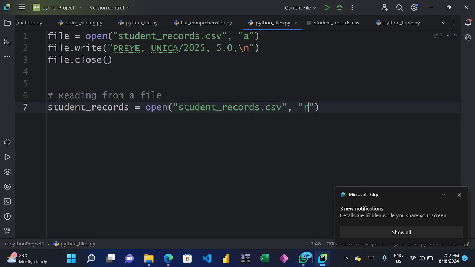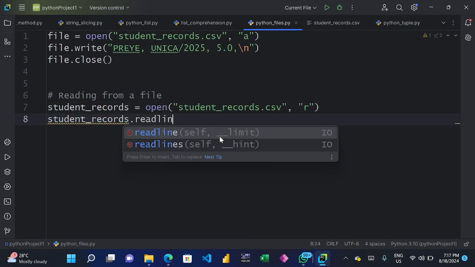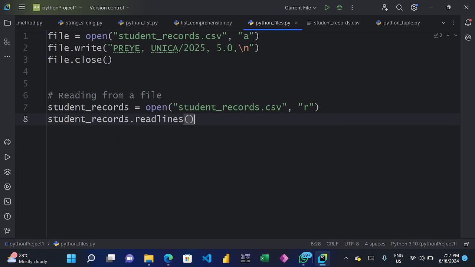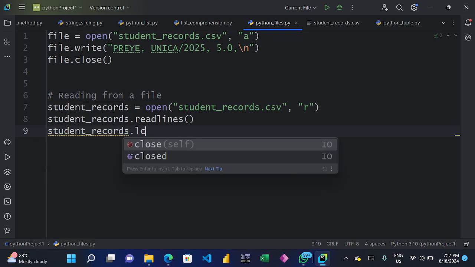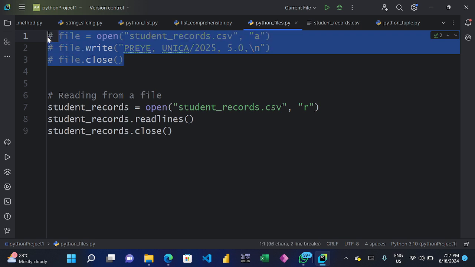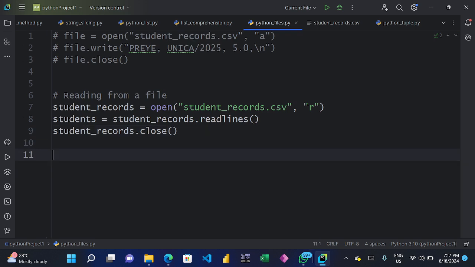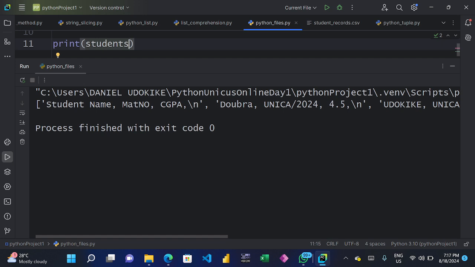And here in the open mode, you have to put R for reading. Here you can say student record dot readlines. Readlines means to read all the lines in the file. Then we say student record dot close. After opening the file, please endeavor to close it to release computer resources. When I'm done, I can say students equals student record, then I can come down here to print students. So if I run this,